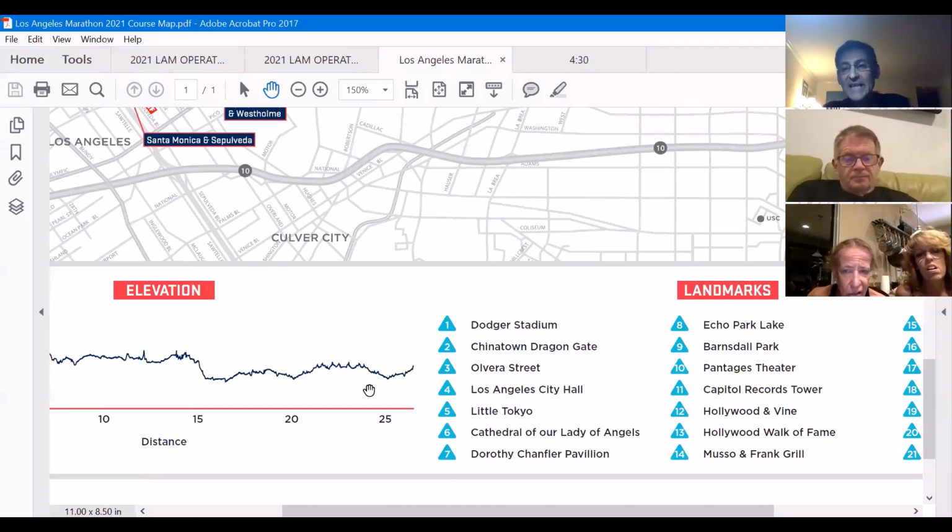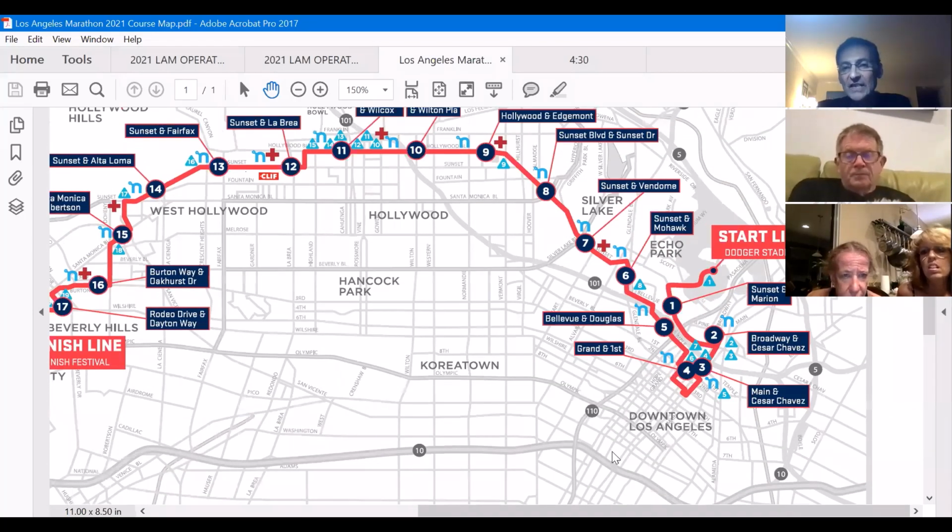You want to maintain that 80 minutes of glycogen by holding back in that first 6 miles. That's going to save you glycogen. You want to take gels maybe every 45 minutes. That needs to be added up, that 100 calories,